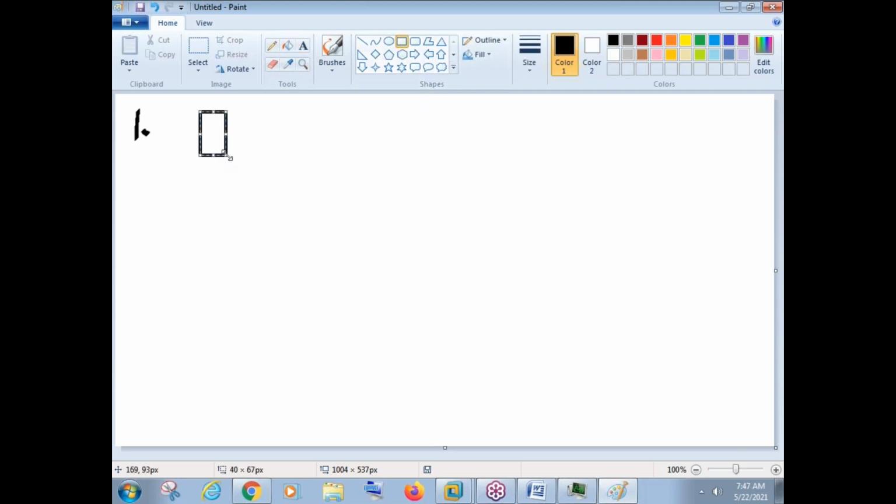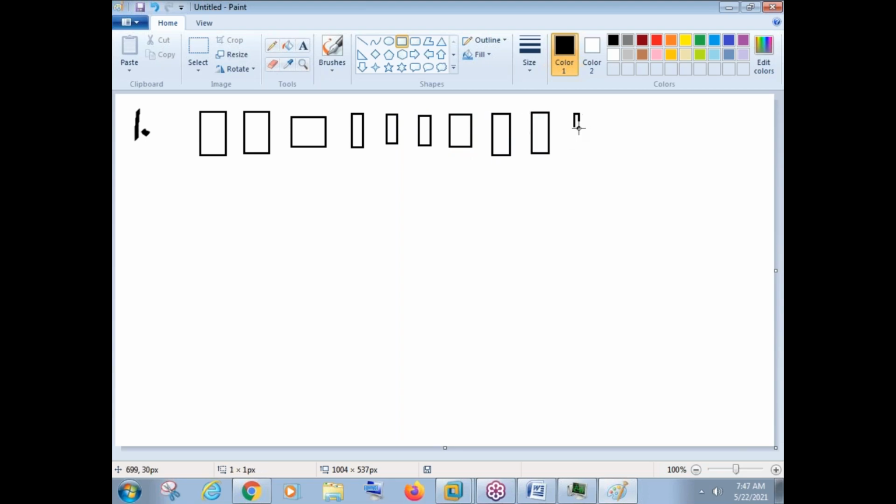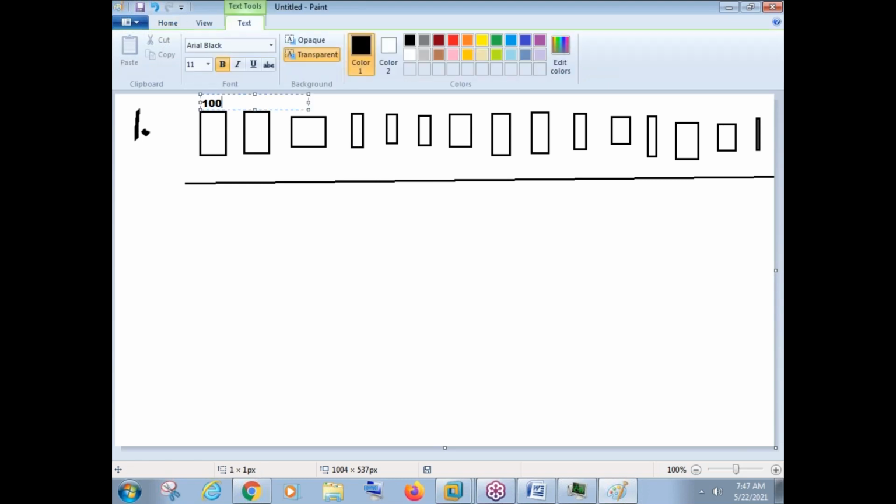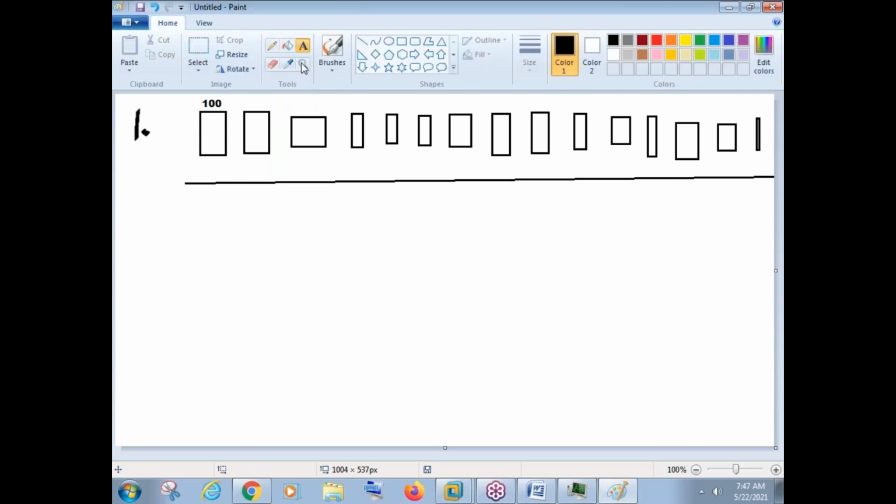So maybe in a company you need this many servers with different hardware configurations and different operating systems and all those things. So all these servers will be connected. So just imagine these are totally 100 servers. Okay, in a company, you have totally 100 servers.